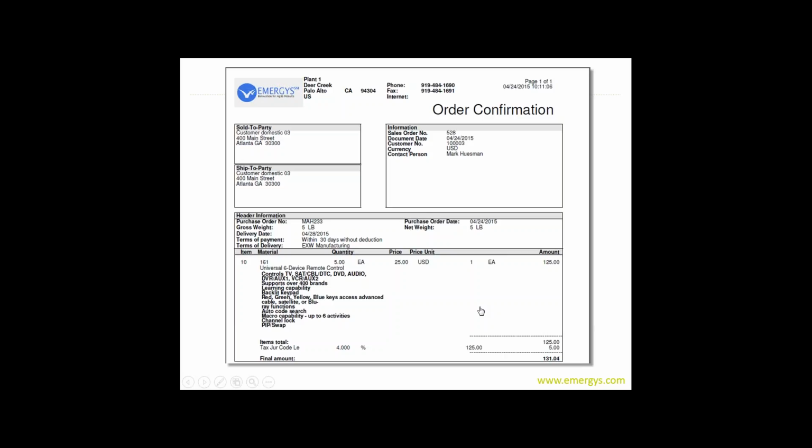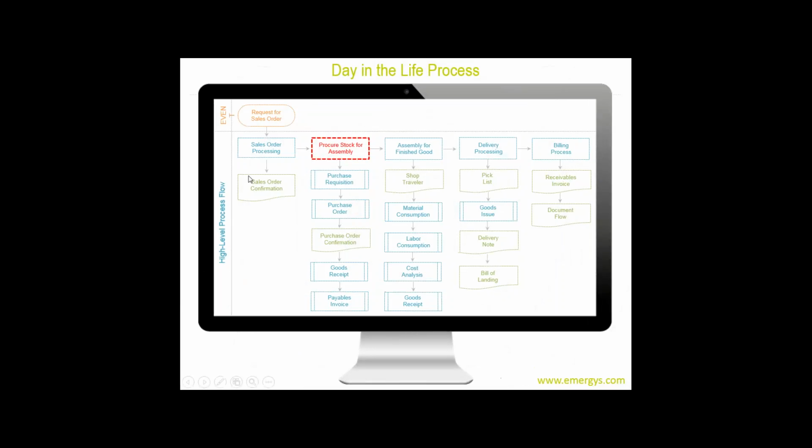So that gives you some visibility into what you can generate in the application. And the way that the shape of that specific object in the day in the life, purchase order confirmation would happen. You can generate the shop traveler, pick lists. Pick lists can have barcodes, so you can execute your picking by barcode, by handheld, by however you want to. You can do a desktop as well. The shop traveler can also have barcodes, so you can scan the work that you're doing within the shop traveler.